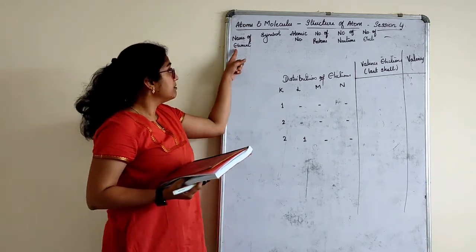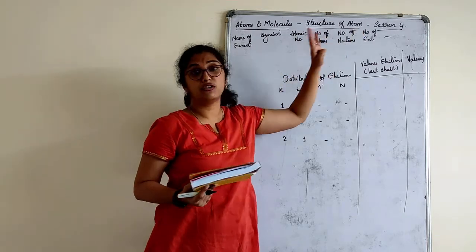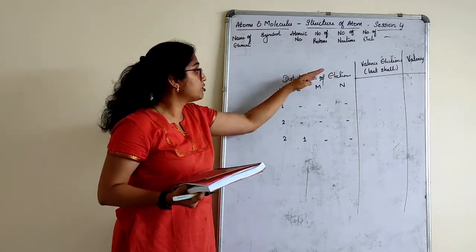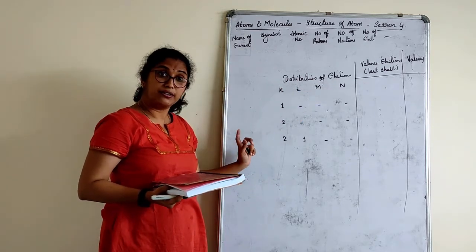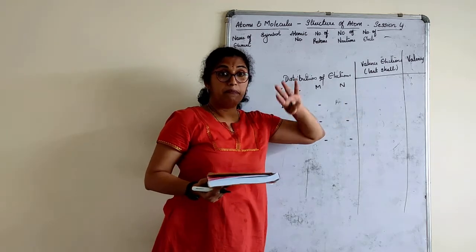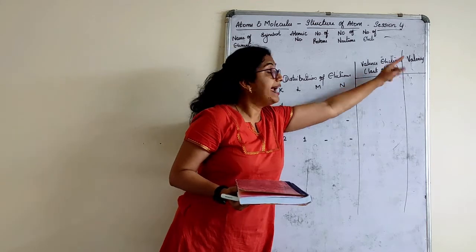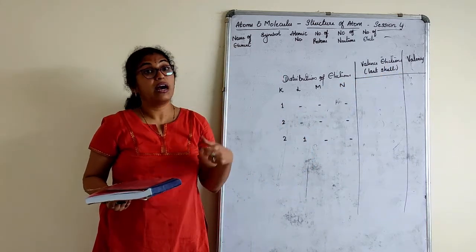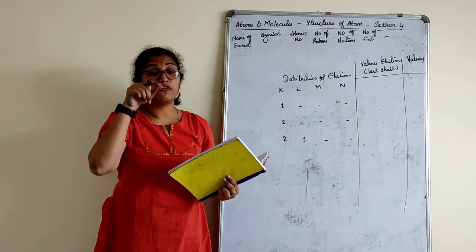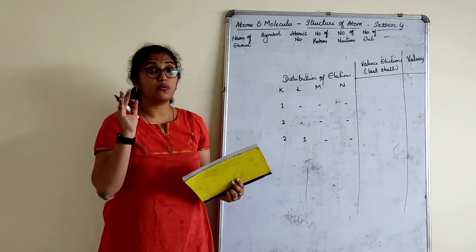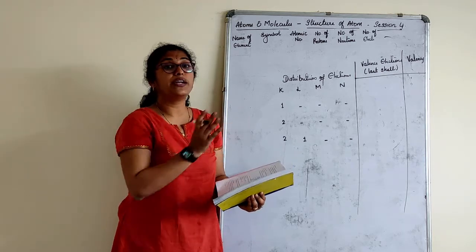So, I will repeat: name of the element you will write, symbol you will write, atomic number you will write, protons, neutrons, electrons you will write. Continue with distribution of electrons in K, L, M, N shell with respect to the elements. Okay. 2 more columns you will make and keep, that is for valence electrons, last shell and valency. We will fill that tomorrow. I will tell you all how to do it. Based on what you have drawn, that configuration should be there. In tomorrow's session you are going to sit with your book, with what you have drawn, so we can do it together.